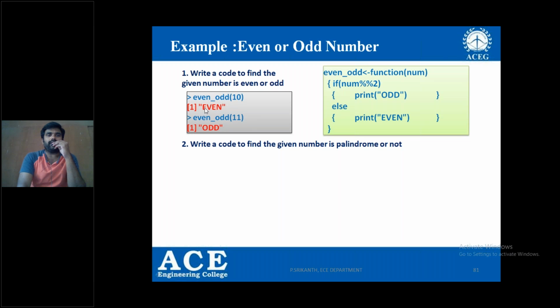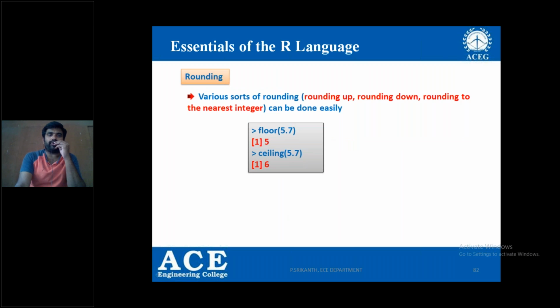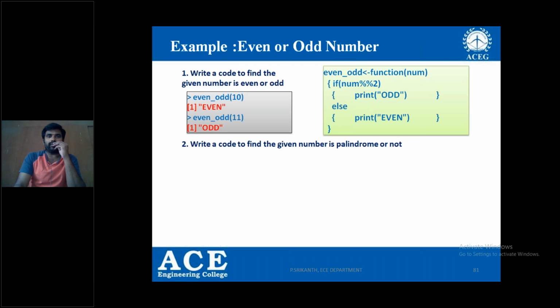The only thing is, here I have a built-in function evenOdd, and if I call the function evenOdd of 10, it gives the answer whether it is even or odd. Similarly, to check whether a number is a palindrome or not, we can write code, and let us take it as a task.